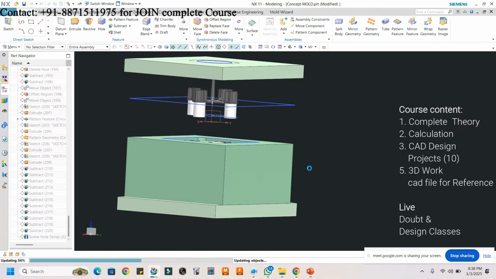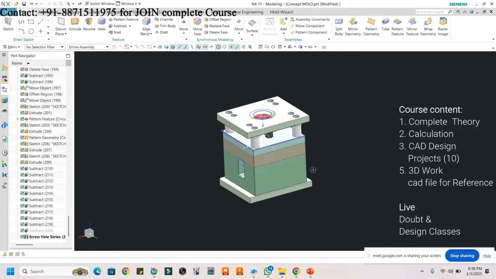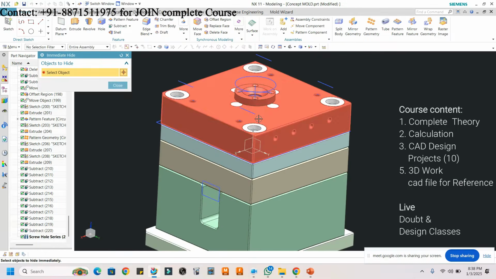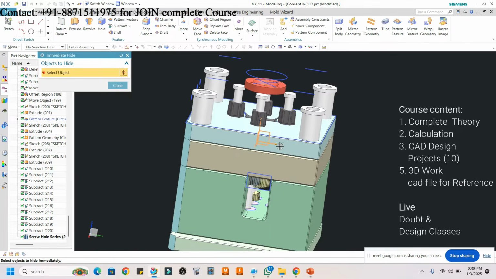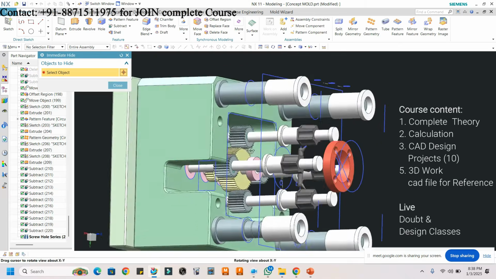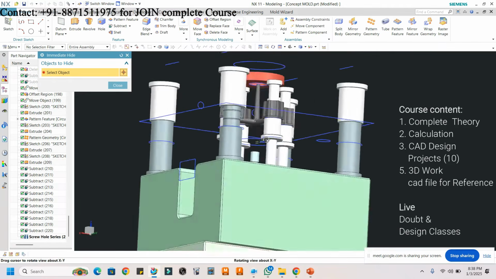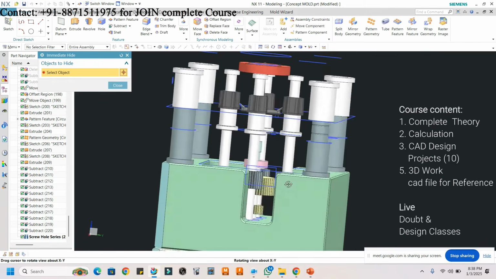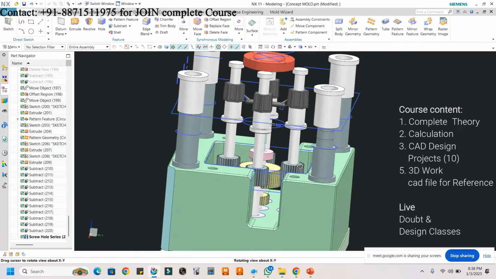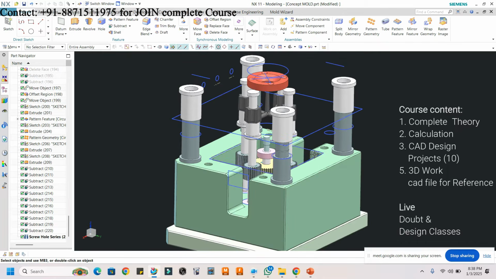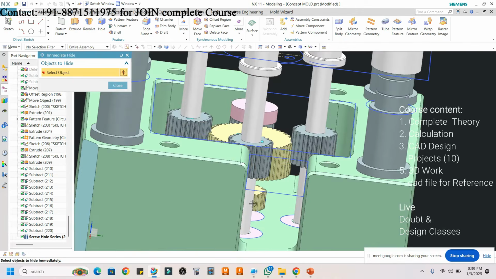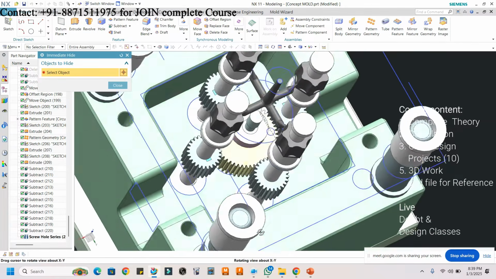Initially you will prepare this type of mold. In this mold you can find a few errors or mistakes. See, what is the mistake in this mold? Part takeoff, and how will we operate this? There is no correct provision for that.